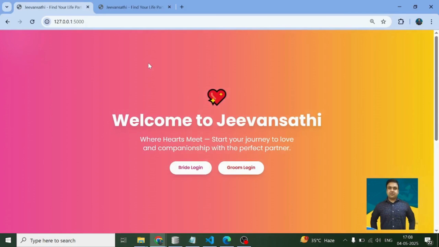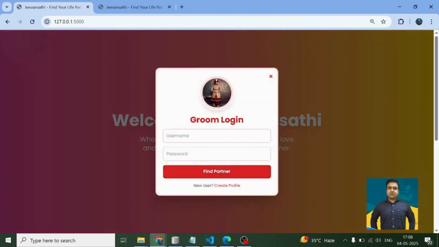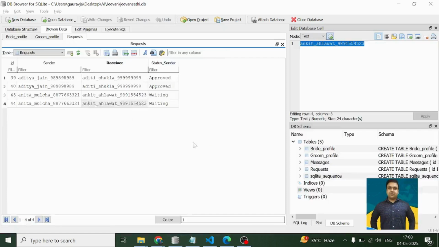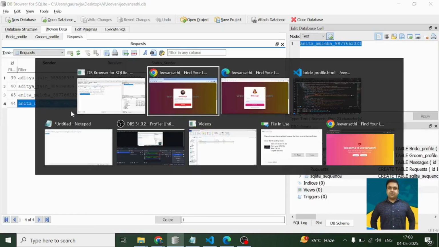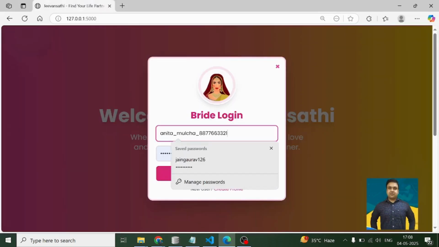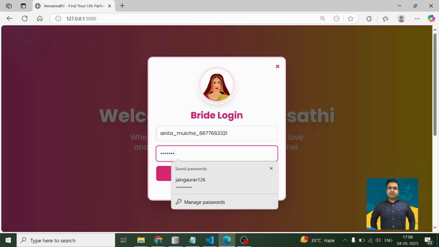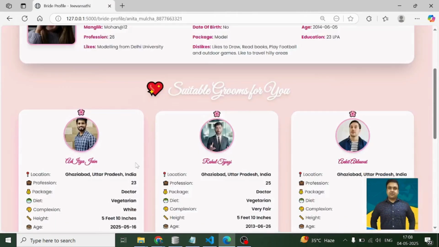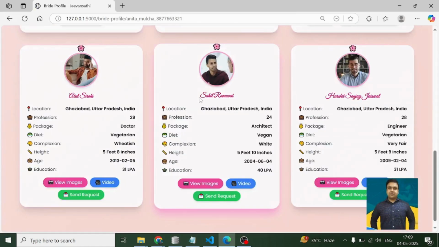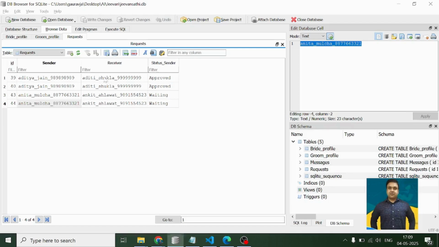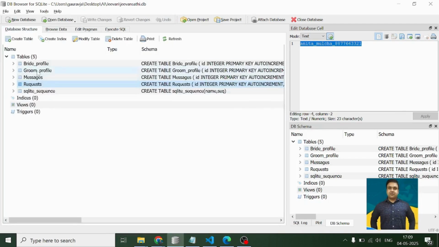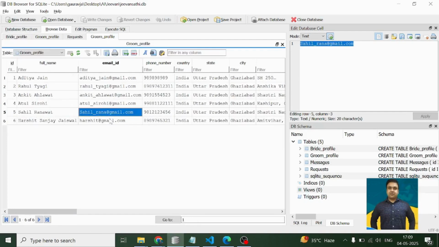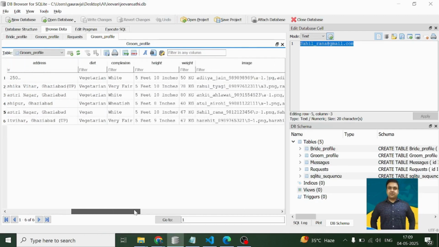So this is how you can come back on the home page. Aditya Jain, no. So for example, I would like to again log in with Anita Mulchandani's account here. Let's go. Now I would like to chat with Sahil. Okay, then we have to first check out Sahil's username, right? This is Sahil's username,